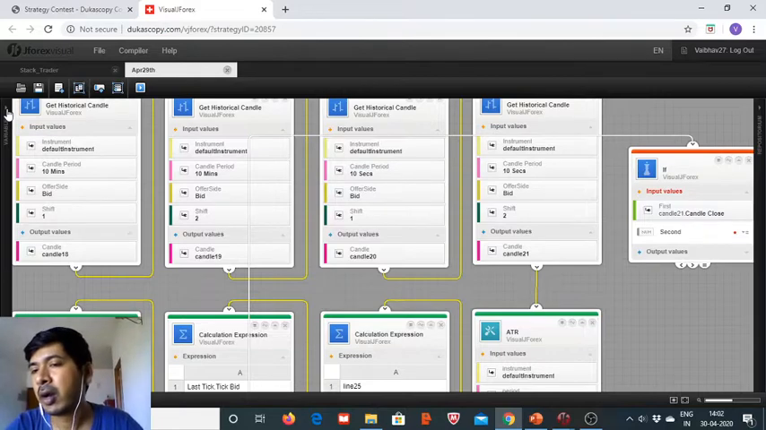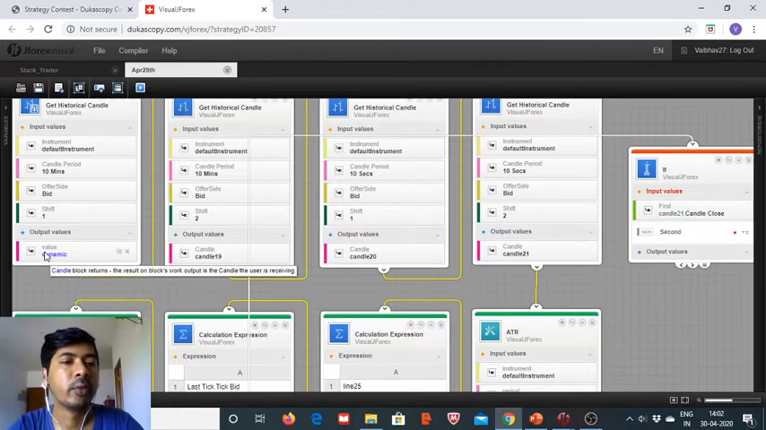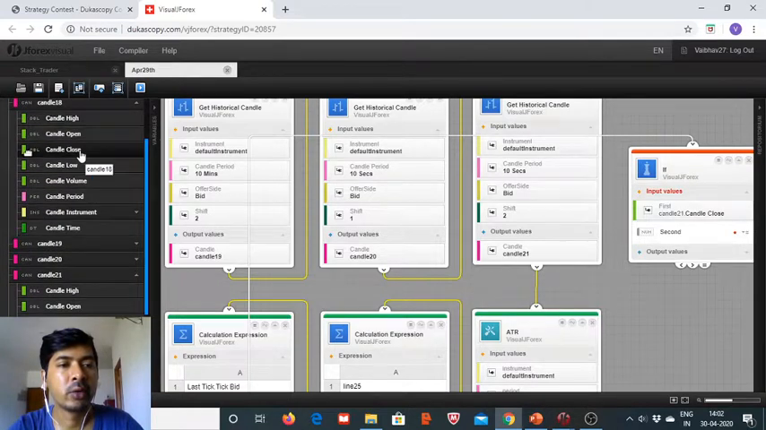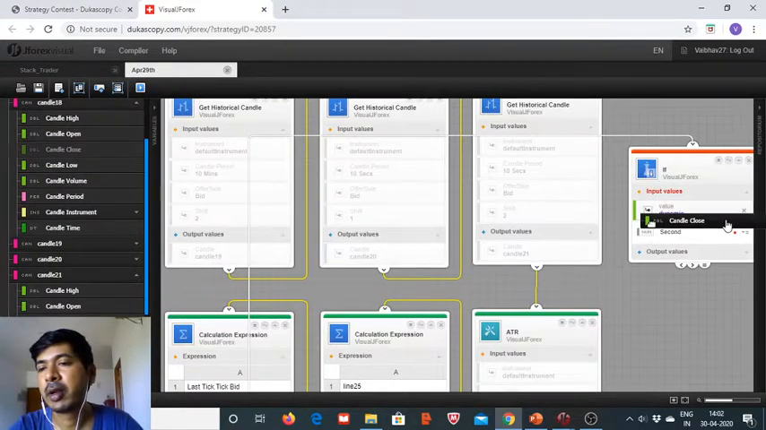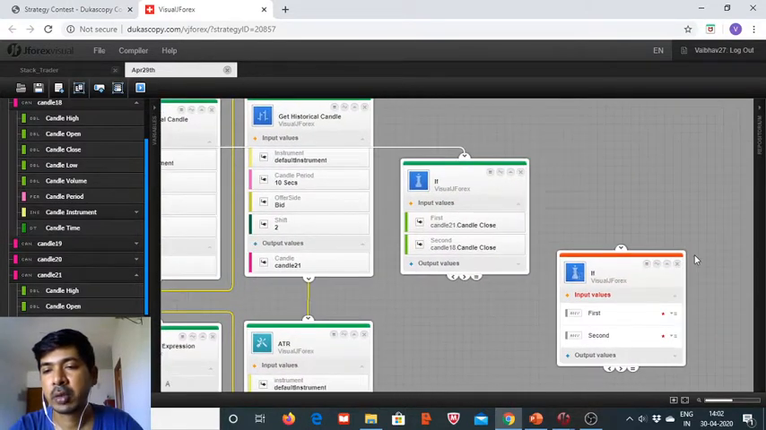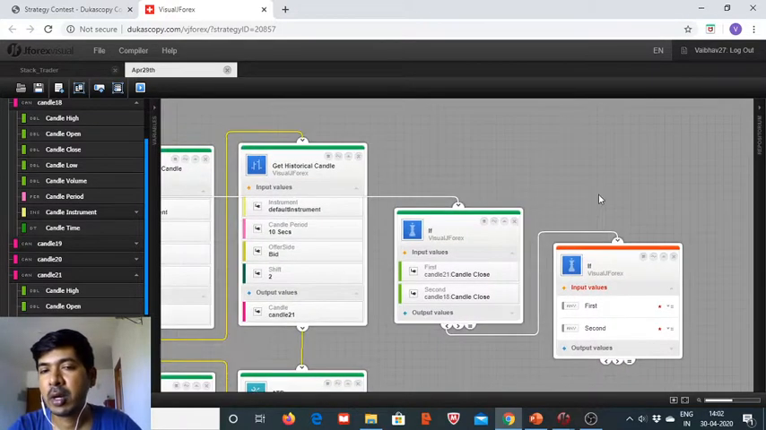Okay, so we got this candle 21's closing level and it should have been less than the candle 18. So we go to this candle 18's closing level and we compare it, and it should have been less. So the first input is less than the second input. Now comes